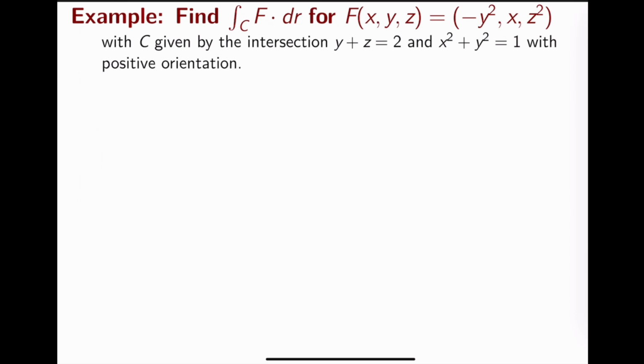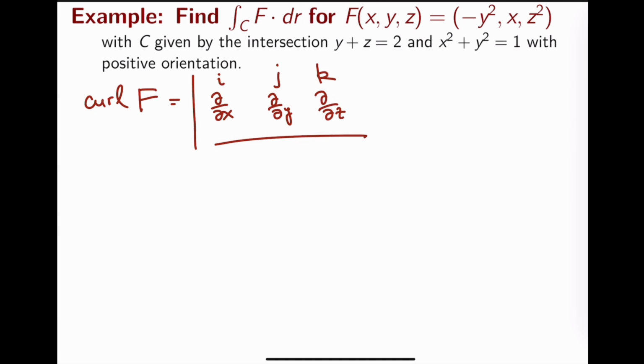So by doing that, we need first of all to calculate the curl of f. Remember that to calculate the curl of a vector field, one way to remember what goes in each component is to write down the determinant with i, j, k, and here we put formally just the calculation of the derivatives, and then in the last row we put the actual vector field. In this case,